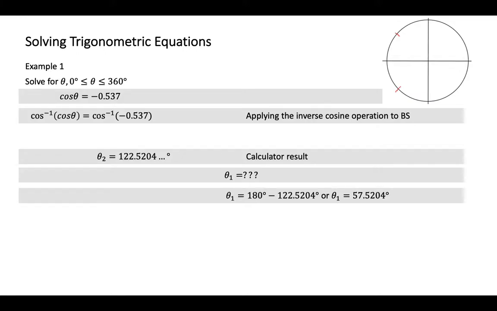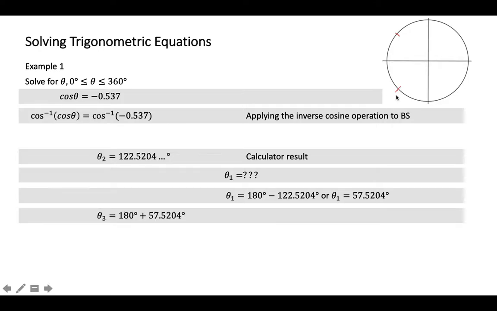Well, I'm 57.5204 degrees away from the x-axis. So from here to here is 57.52 degrees. Now, how can I get that quadrant 3 angle? Well, remember that this is 180 plus that quantity. So really, my quadrant 3 angle is 180 plus 57.5204, which leads me to the result that theta 3, my quadrant 3 angle, is